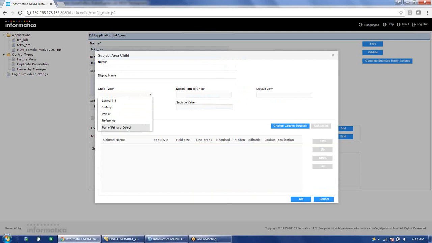These are used when you have a one-to-one or one-to-many relationship between two base objects, and when you have a many-to-many relationship between two tables, you will always select either part of or reference. For the customer and address, we had selected part of. This time we will select reference, so that we can see the differences for both of them.